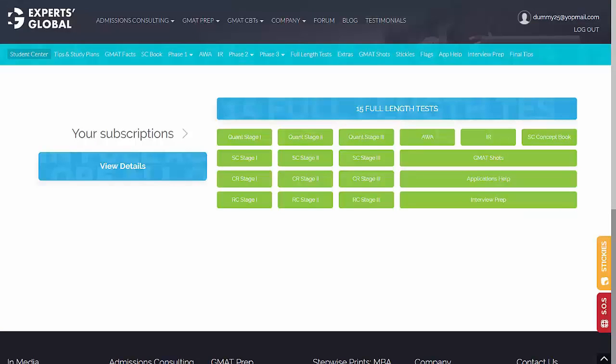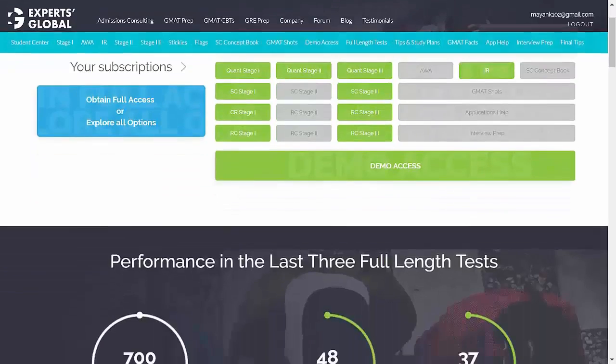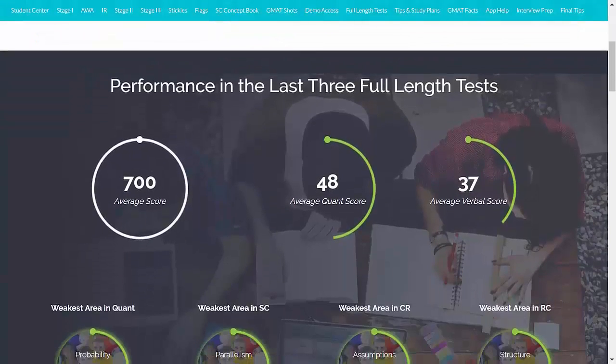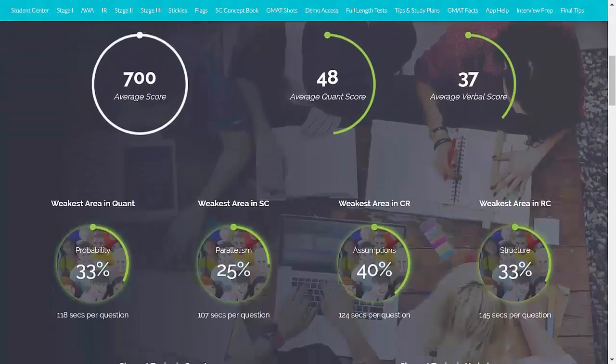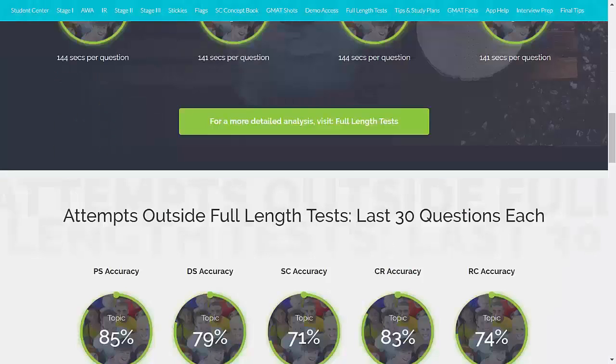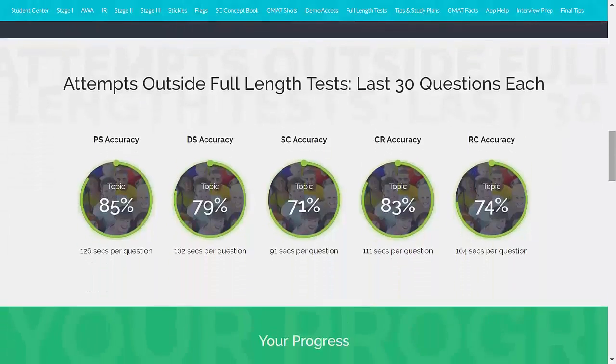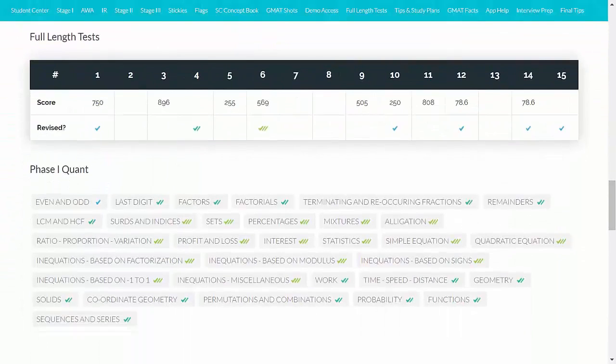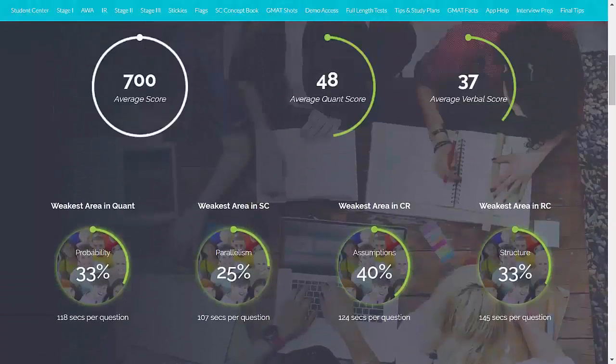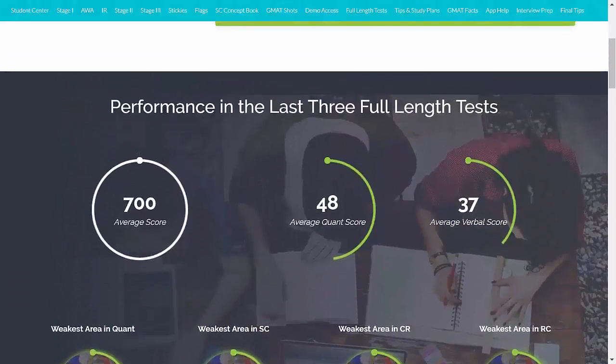Back to the Student Center. This page gives you the big picture. In fact, we are working on a more elaborate version of the Student Center, wherein you will see a lot of rich data analytics as you scroll down. Plus, you will also find the status of your progress in all topics throughout the software. There is some dummy data put in here. Don't worry about it. But the new interface should be active in another few weeks from now.